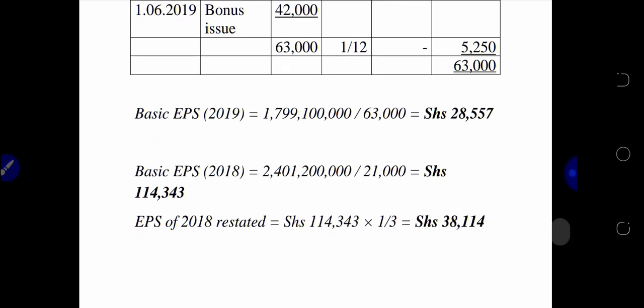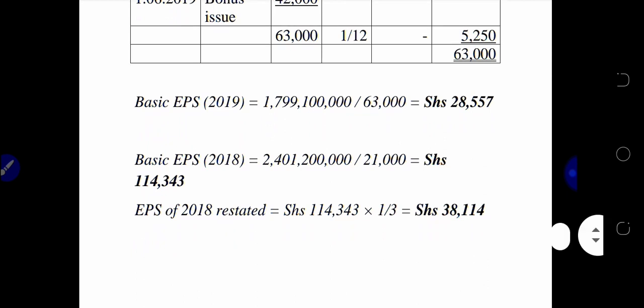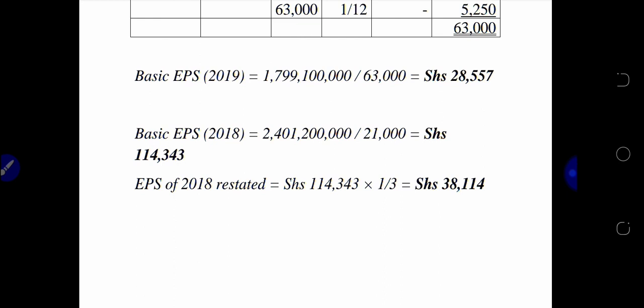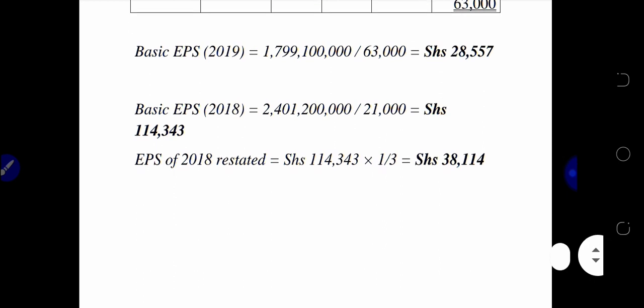Now, how would we come up with our basic EPS for 2019? Just go and get your profit for the year 2019 over your weighted average number of shares, which is 63,000 shares. So when you do that, you come to shillings 28,557. That is the basic earnings per share of 2019. Then basic EPS of 2018, originally, that will be the profit for that year over the 21,000 shares. Remember, originally the company had 21,000 shares. So that basic EPS is